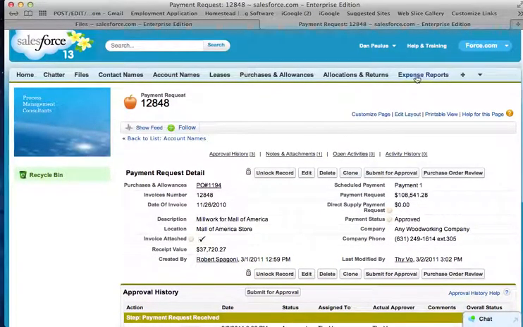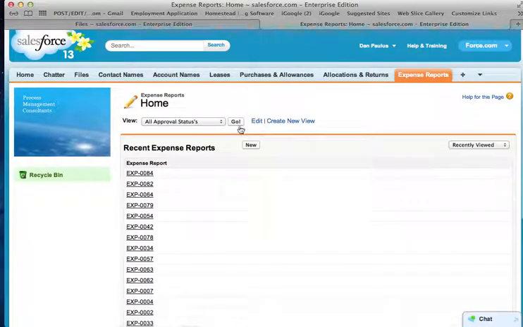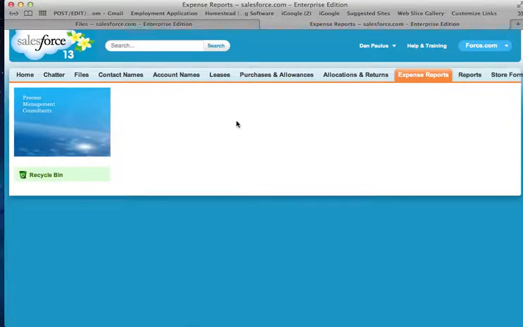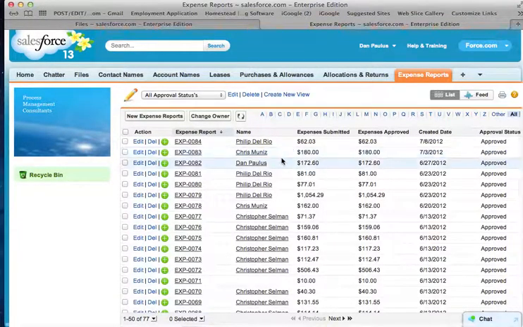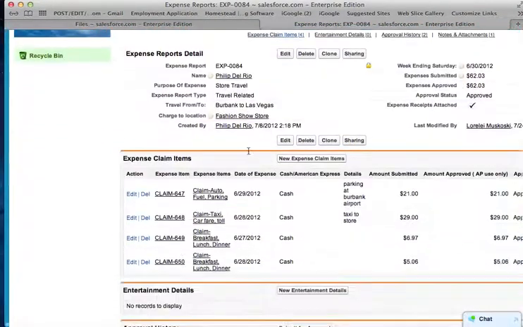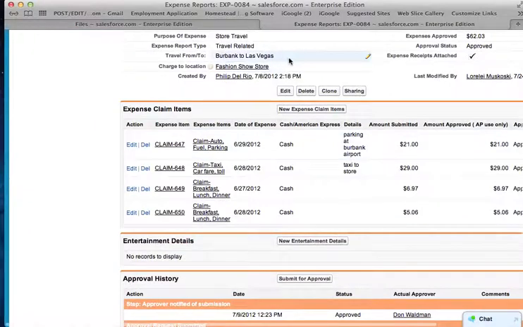Other expenses, we're going to go to expense reports, where other approvals need to be made. People travel and they spend company money, and rather than do paper expense reports and send them via U.S. postal mail, this is all put here on the system. So here's an example of an expense report that was submitted by an employee, and it's for travel from Burbank